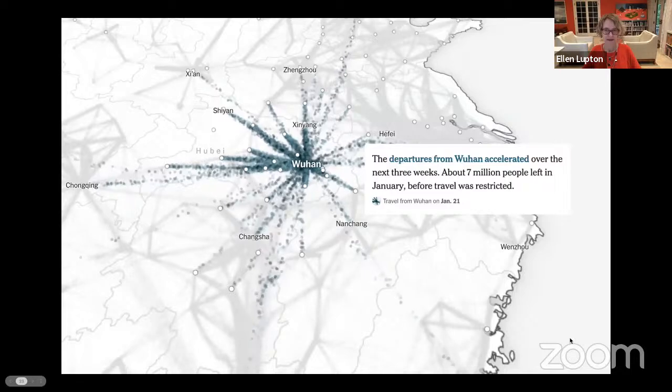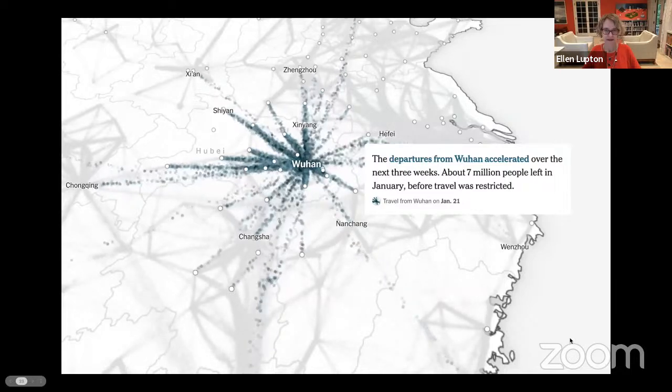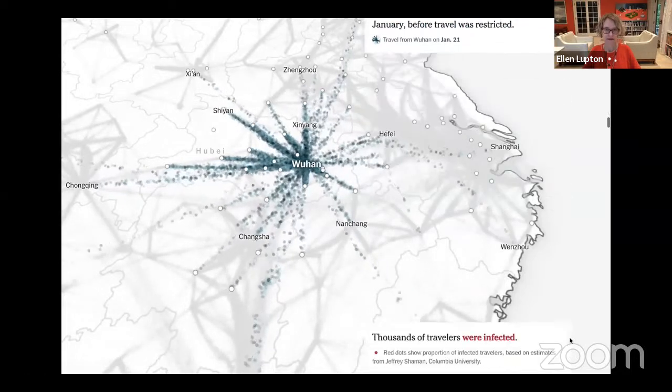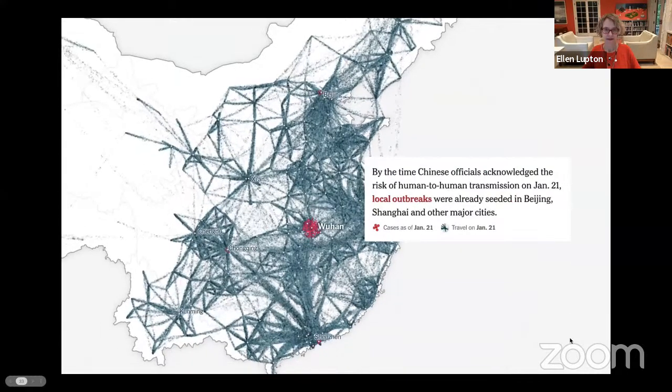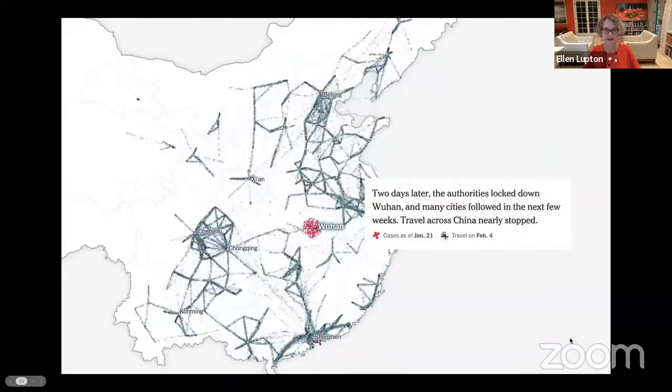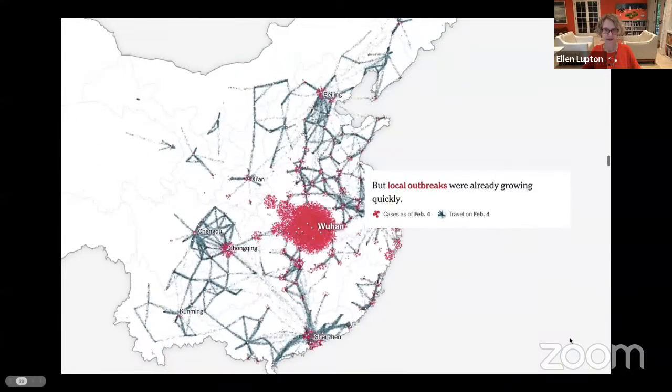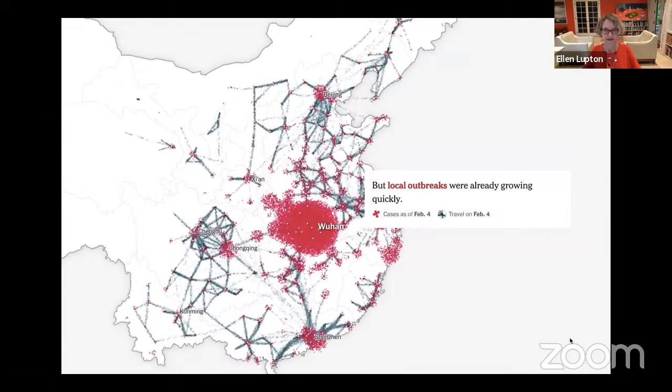Green dots move outward from Wuhan. Thousands of people were infected. Red dots move among the green dots. 2 days later, the authorities locked down Wuhan. Travel across China nearly stopped. But local outbreaks were already growing quickly. Red dots explode in Chinese cities.